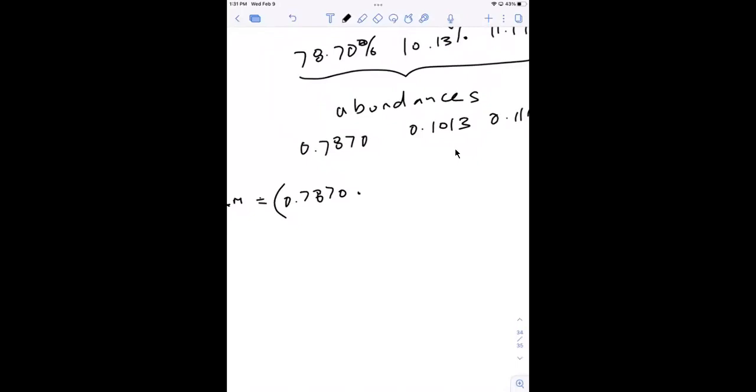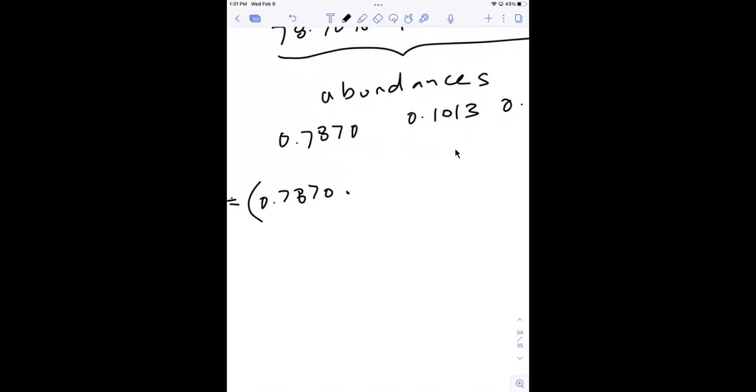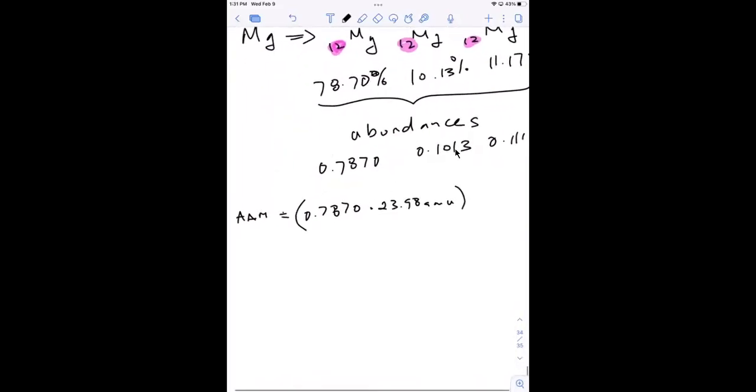What other number do I need in that equation? I can't calculate the average mass without a mass, right? So the 78% corresponded to magnesium-24, which has a mass of 23.98 AMU. So it's going to be that plus